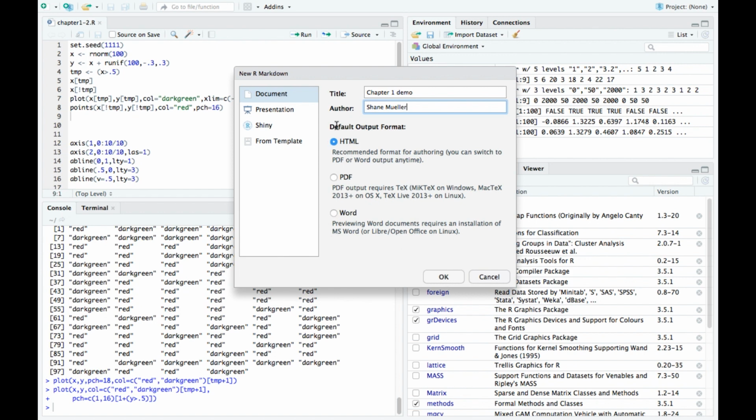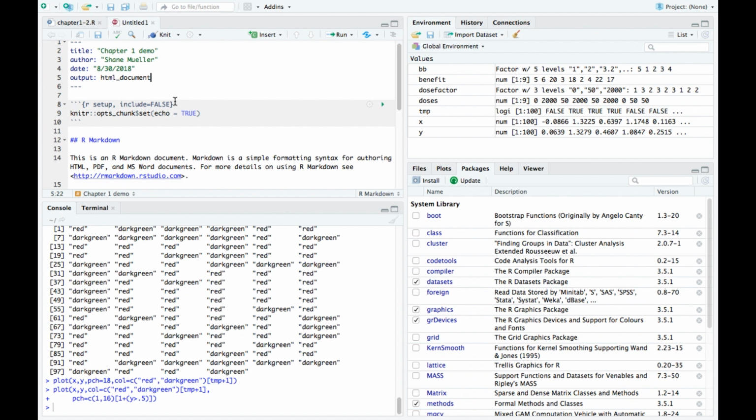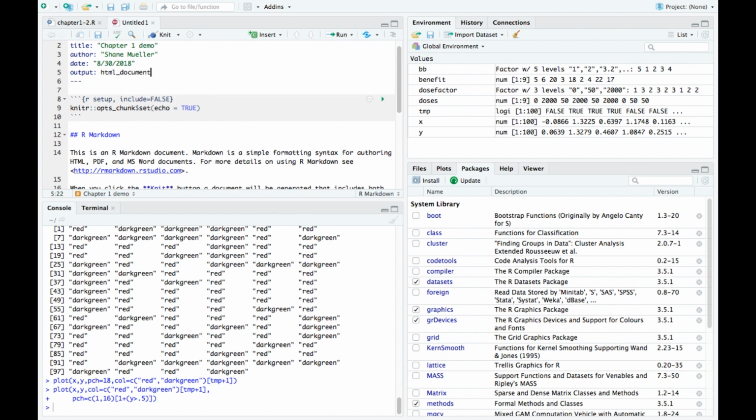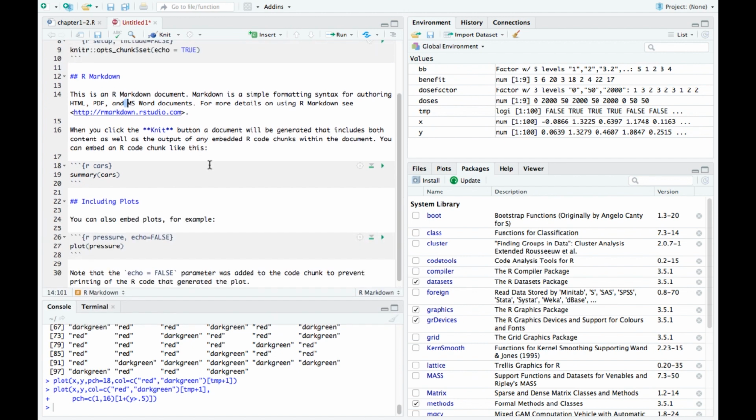I'm going to try just HTML because it might be easier to try. So it creates this Markdown file, and it's got this title, author, date stuff in it, what type you want, and then different sections. So if you are turning in homework for a course, you might title it here. And now the Markdown works, but it lets you write text. So here's the text,